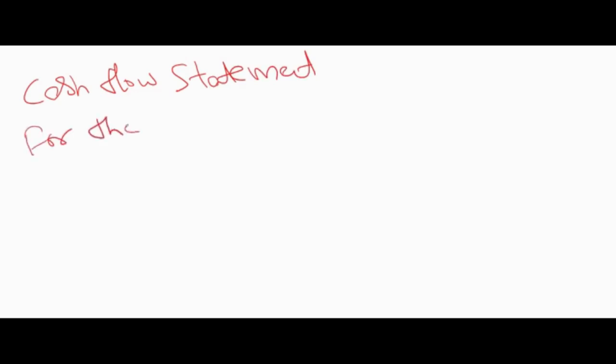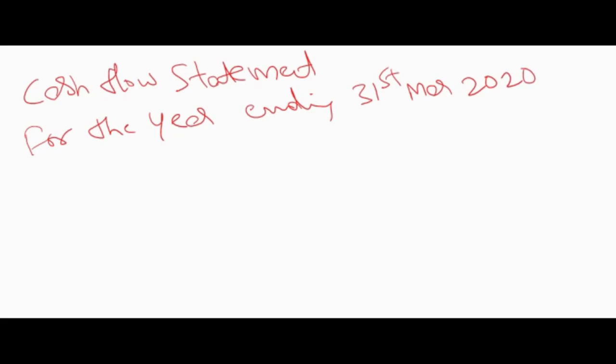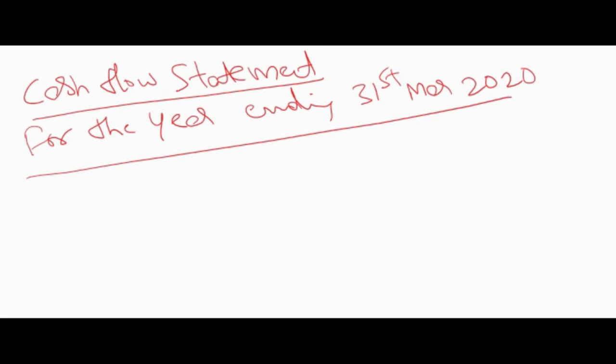Cash flow statement for the year ending 31st March 2020, for example, right? So this is the cash flow statement of, let's say, ABC Limited,